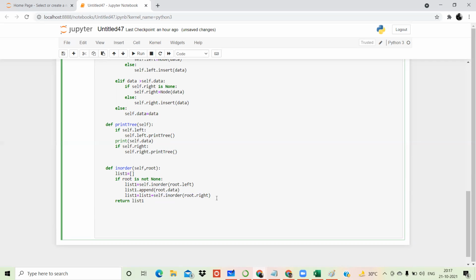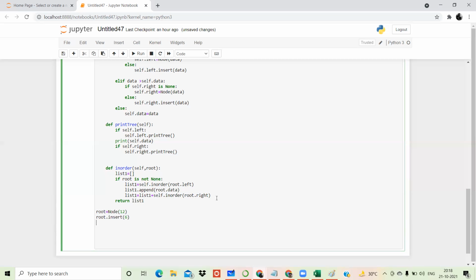So अगर इसका एक practical देखना है, then we can say root is equal to main class हमारा node है, write 12, then write root dot insert the same element will take या फिर जो भी elements लेना है.